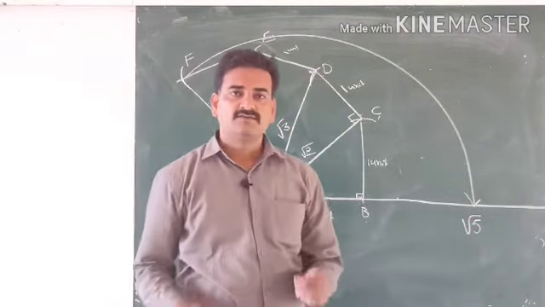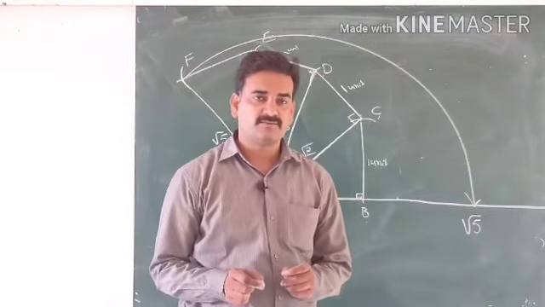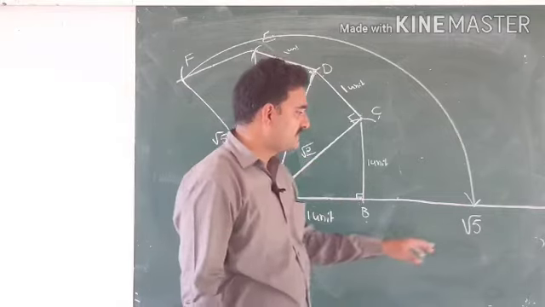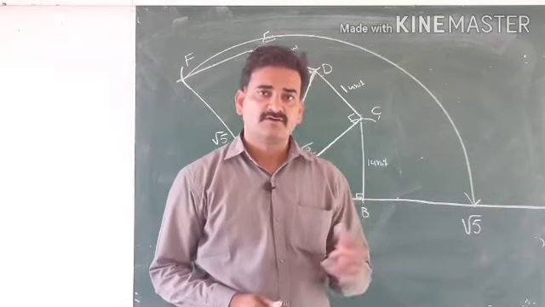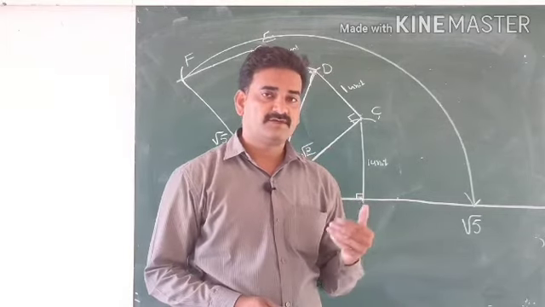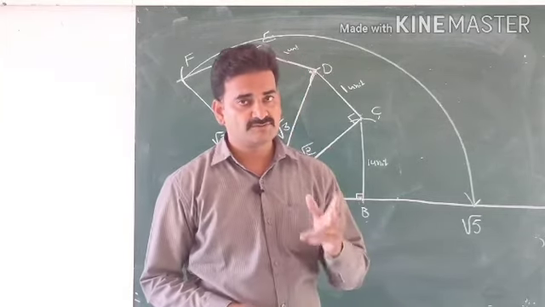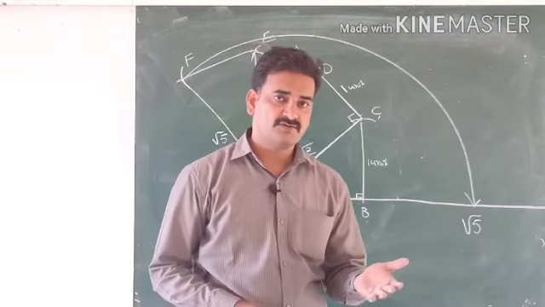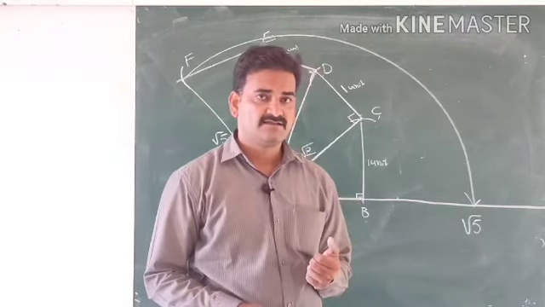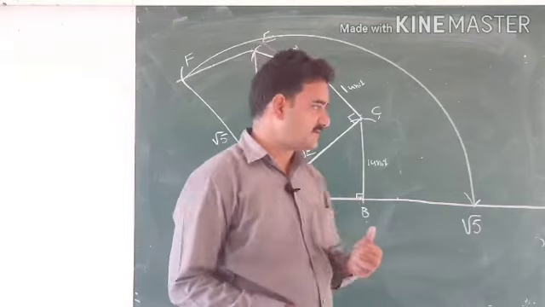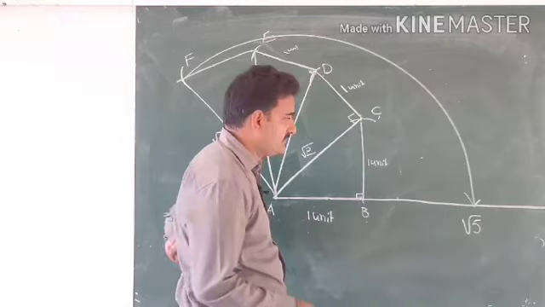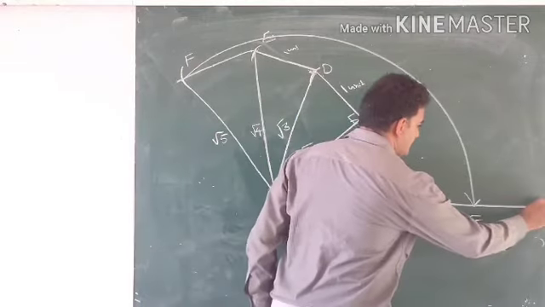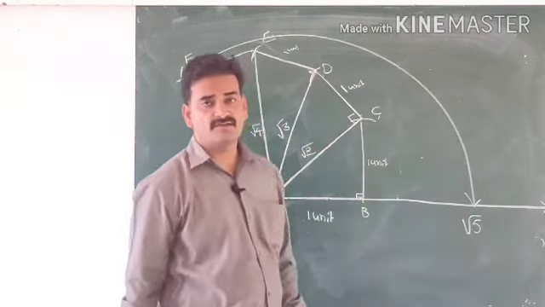Okay. Use a proper scale, compass, and protractor, then you will get the value of root 5. What is the root 5 value? Before 5, the number is 4. Square root of 4 is 2. It is more than 2 and less than 3. Now this is the way to find the value of root 5 and we can plot it on the number line this way. Okay. Try it.